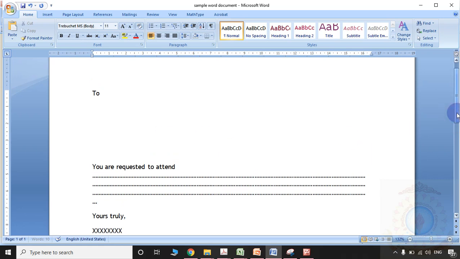So some letter if you want to send to multiple persons, here the information is the same, but you need to change the person name and address.